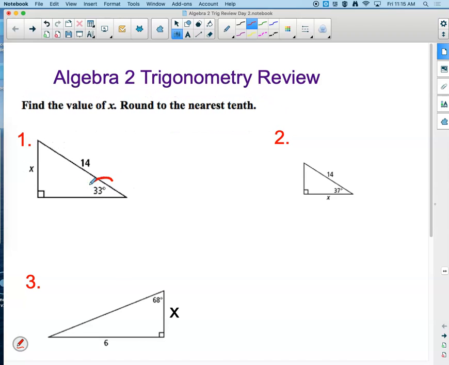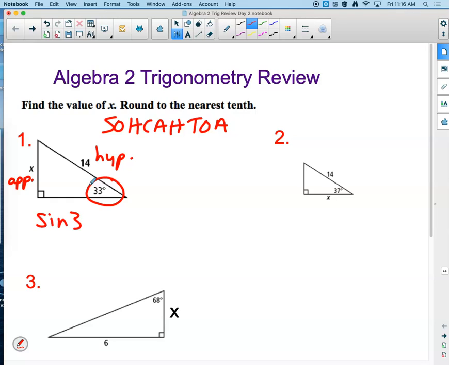33 degrees. And I remember I can use trig to find ratios of the side lengths. So if this is my 33 degrees, this side is opposite, and this is hypotenuse. And I remember SOHCAHTOA. And I look for one that uses opposite and hypotenuse, and that's going to be sine. So the sine of 33 degrees